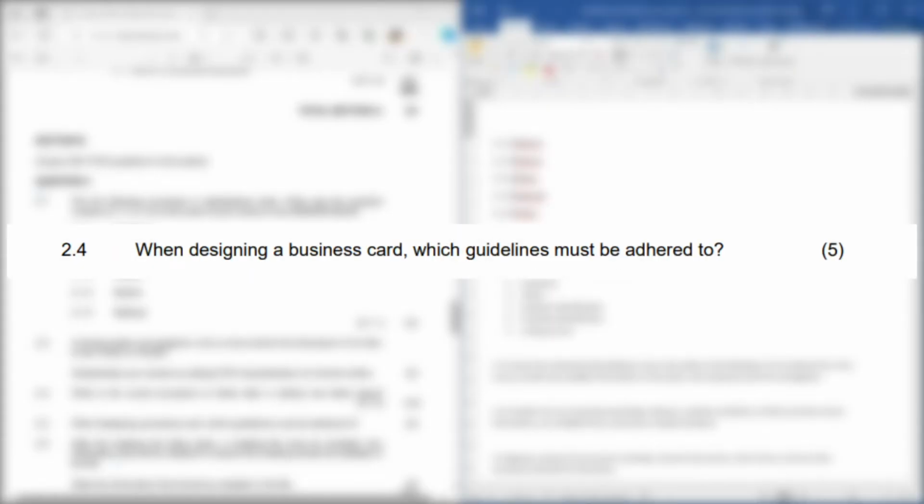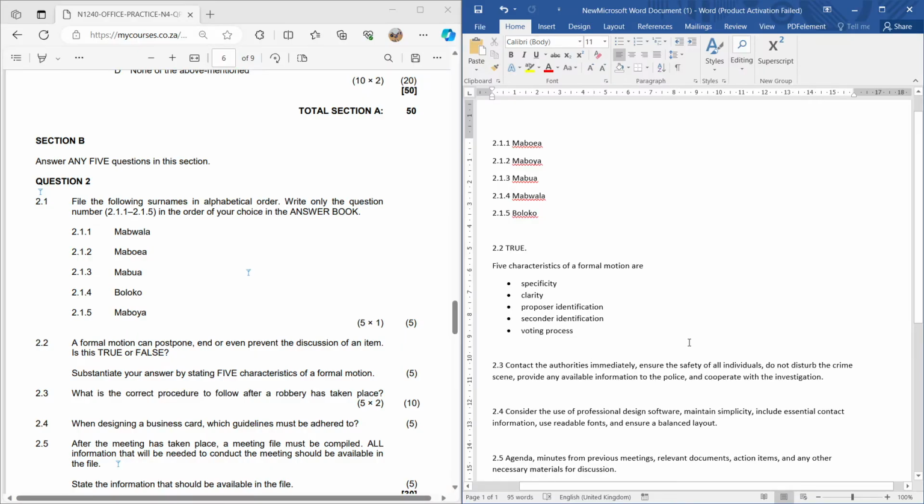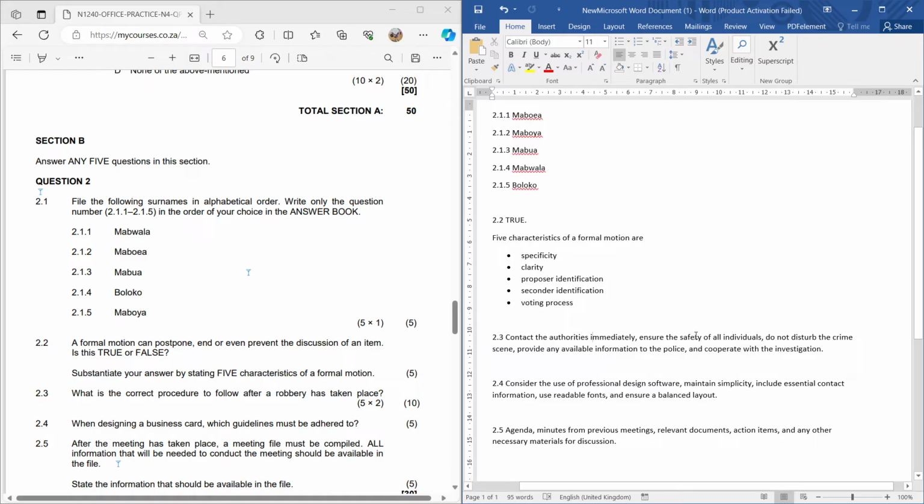When designing a business card, which guidelines must be adhered to, right? So we are basically required to mention 5 guidelines, since it is saying out of 5, right? So we're gonna go ahead and mention 5 guidelines. Okay. Consider the use of professional design software, maintain simplicity, include essential contact information, use reliable fonts, and ensure a balanced layout, right? So those are the guidelines that you need to stick to when you are designing a business